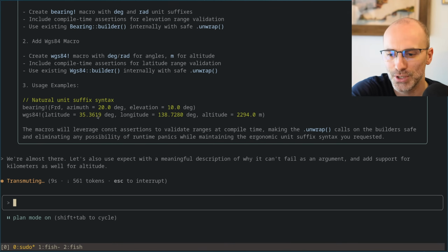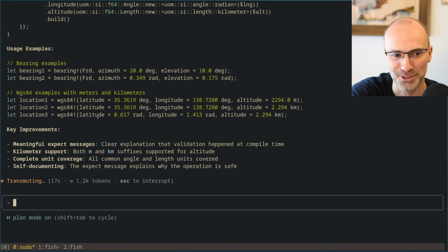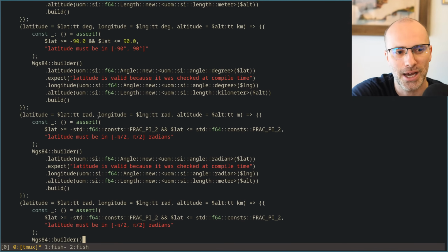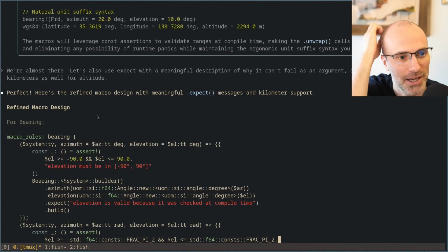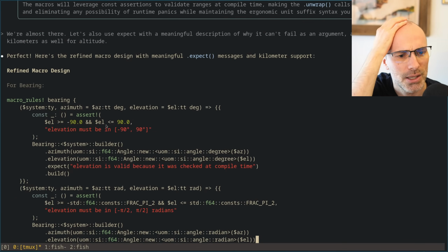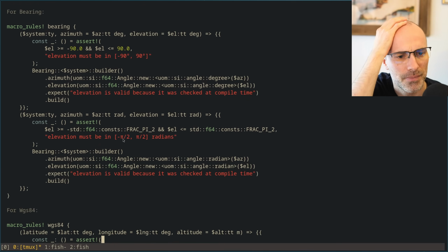Yeah, it's a good question too, right? Of would you have thought of as many things in the process of implementing it myself? I think in this case I probably would, because I've had enough exposure to this particular problem area. But I don't know whether that might be just a me thing, right? Okay. Let's see. So it's added expect. Yeah. That's great. That looks fine.